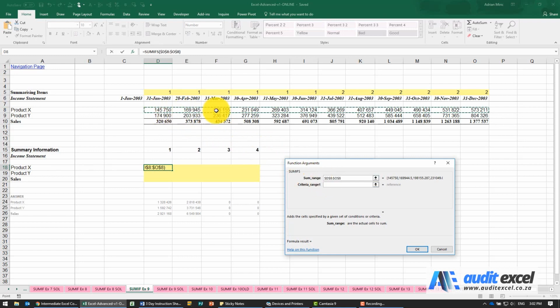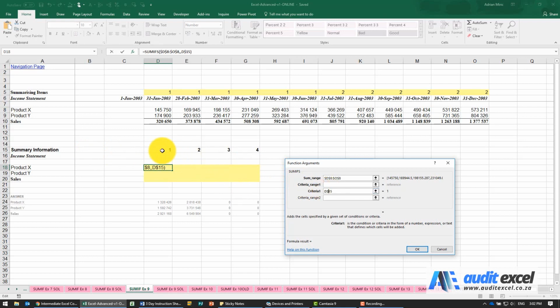Just keep in mind you must highlight the whole row. Don't do Excel's work for it. Don't only highlight the first 6 because you think you need to come up with the answer. In terms of the criteria, I'm going to do the criteria first, and I'm going to say it must look over here. And I know that I always want it, no matter where I copy, it must always look at row 15, but it can move the columns. So I'm going to put a dollar sign here.